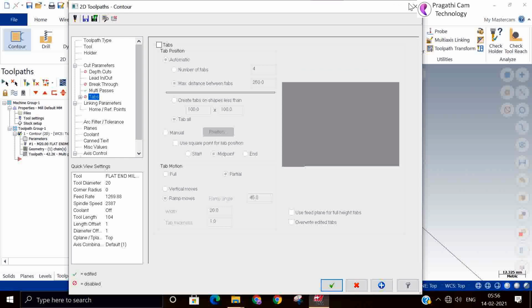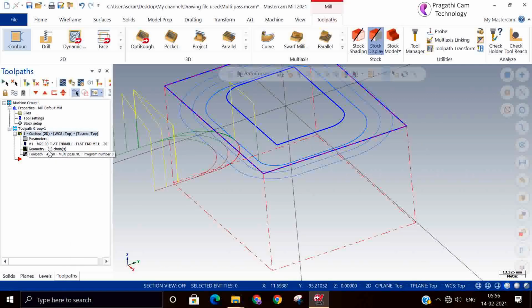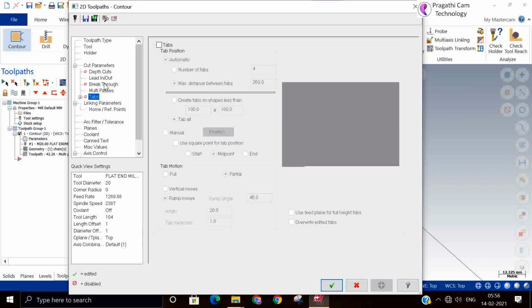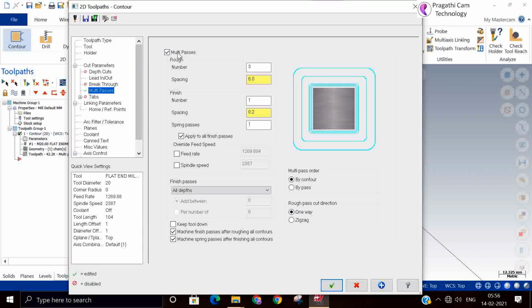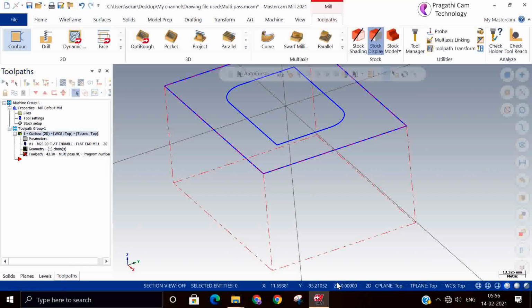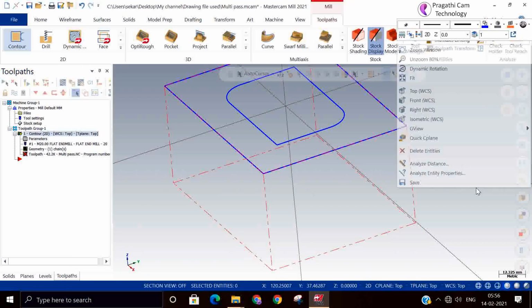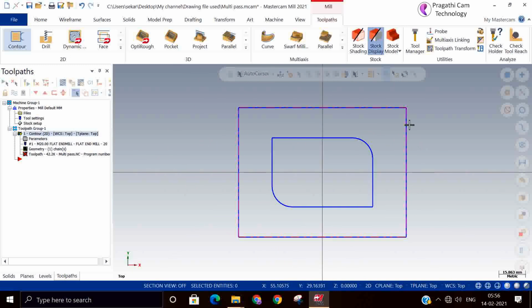So next is the tab. This tab option, so now we can take the same model and I'll try to show you. This tab will be useful for very big jobs.